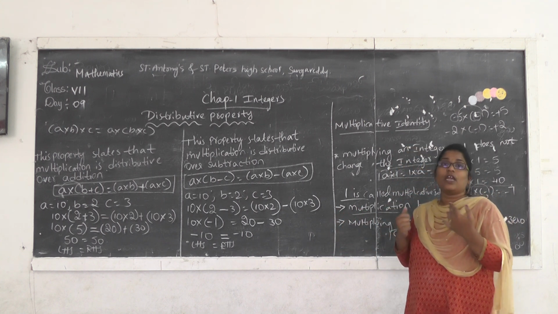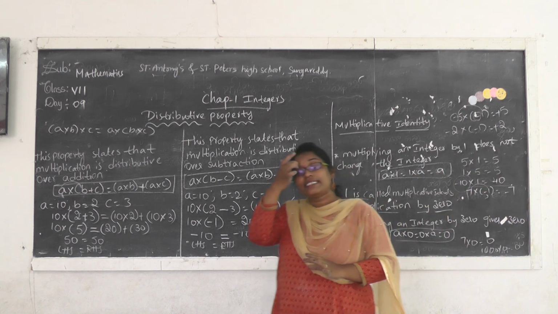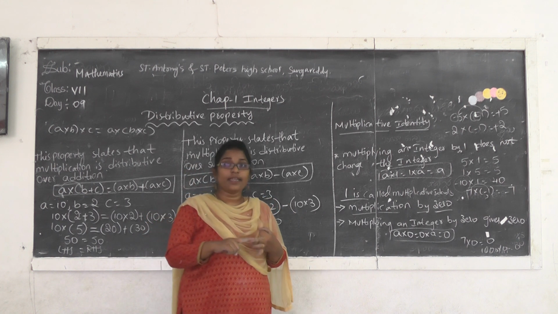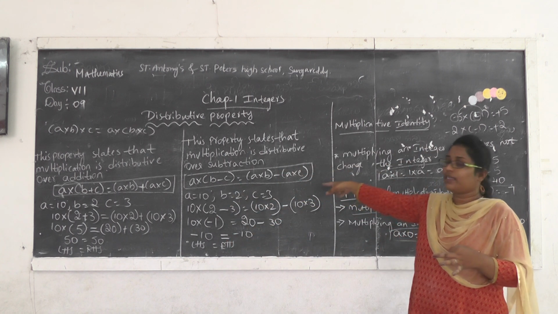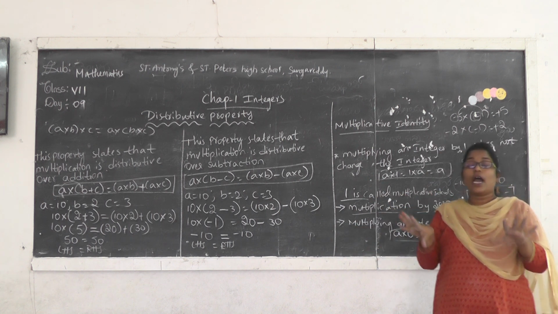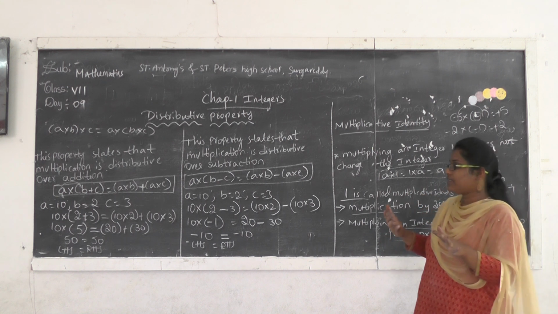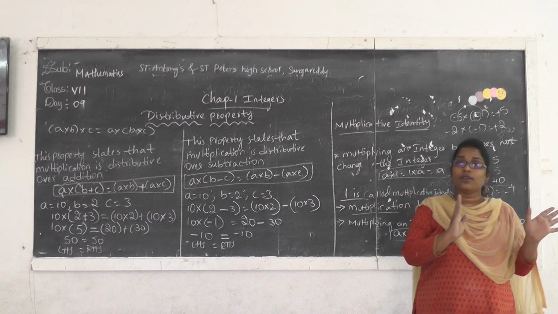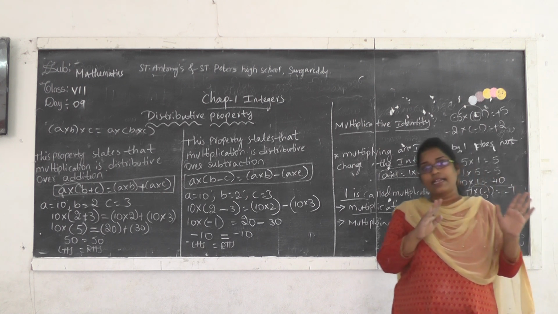In the next session, we are going to solve problems by using these properties. Already we discussed closure property, commutative property and associative property in earlier sessions. Along with those, by using the distributive property, multiplicative identity and multiplication by 0, we are going to solve some exercise problems from exercise 5. I hope that you understand. Still, if you have any doubts regarding this session, in the next session we are going to do some more example problems and exercise problems. So let's see in the next session.